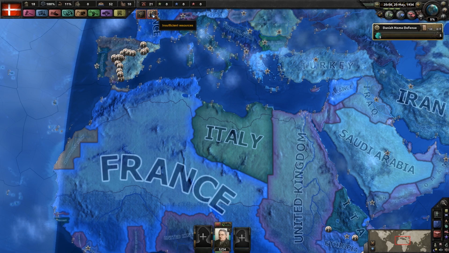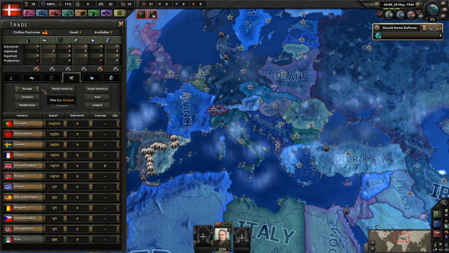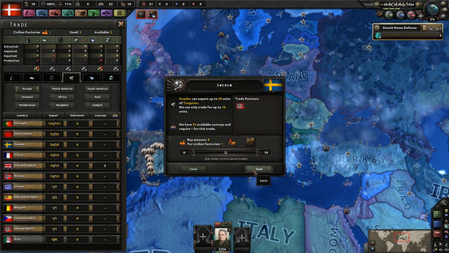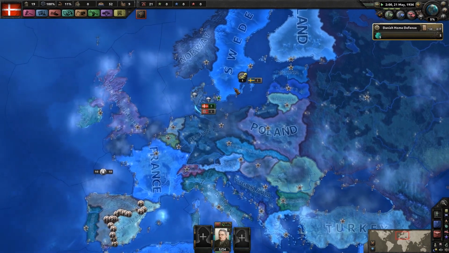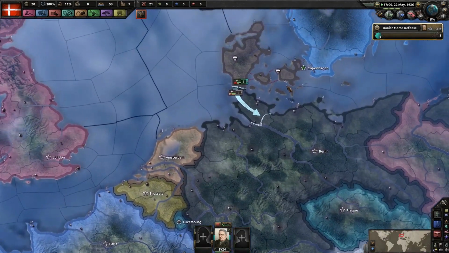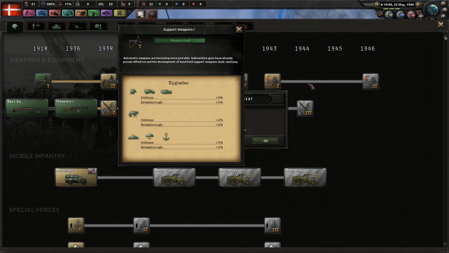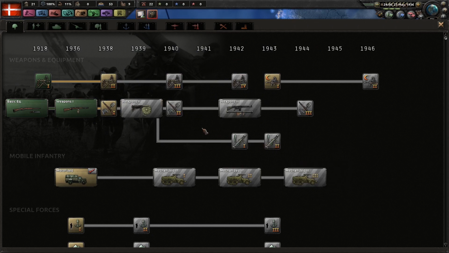Okay. Insufficient resources. We need tungsten. Sweden is nearby, so let's go ahead and see if we can get some tungsten from Sweden. Research: support weapons. Basic machine tools and interwar artillery are also done. Alright, so it's 36, so we still can't really...